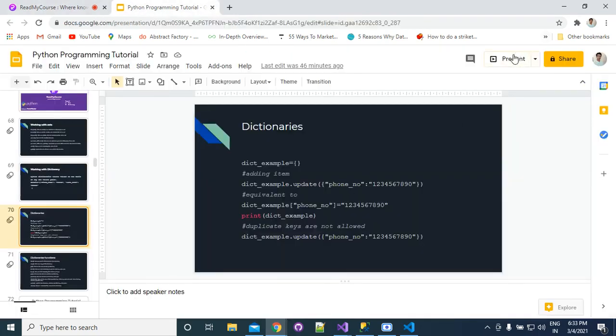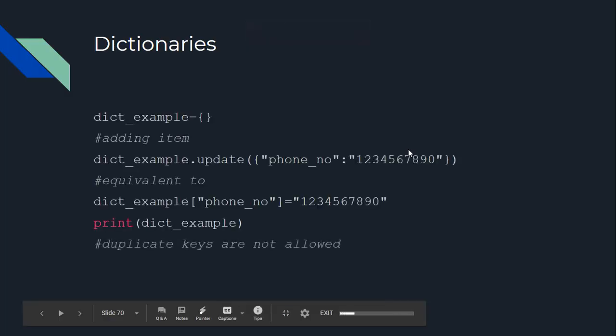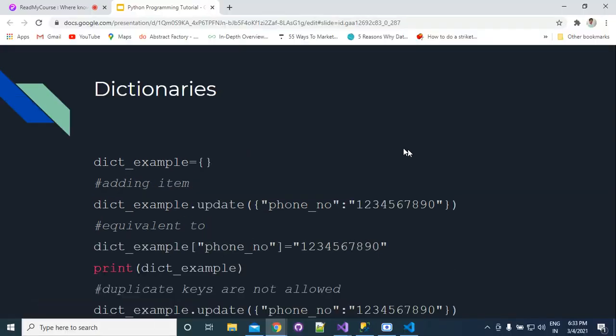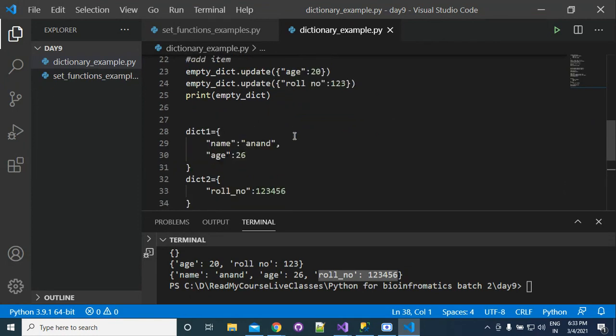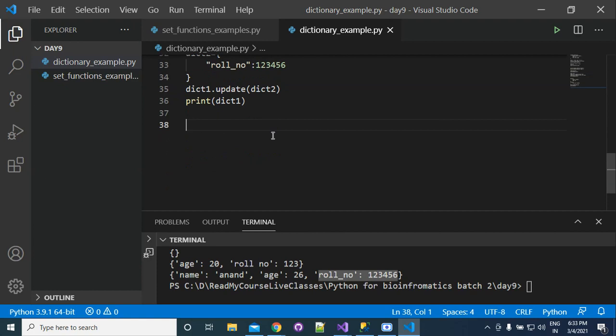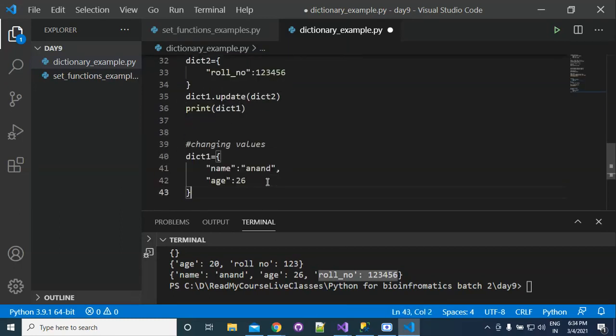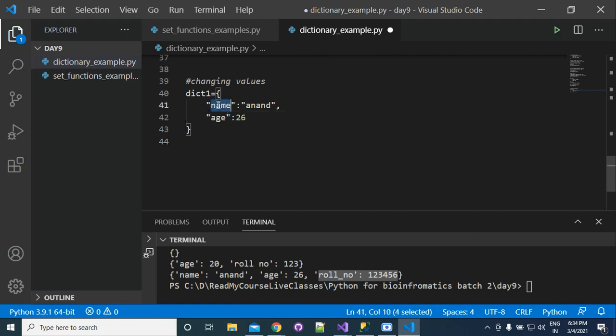Now, changing the value. So the update method can also be used for changing the values. I'm giving the example for changing values. Suppose that we have a dictionary and we want to change the value of name.